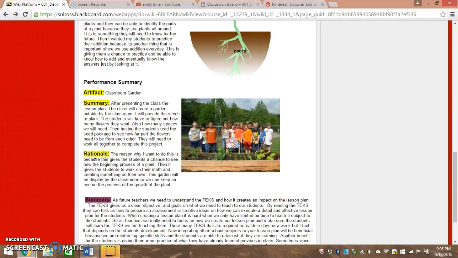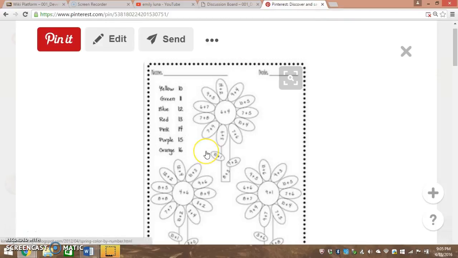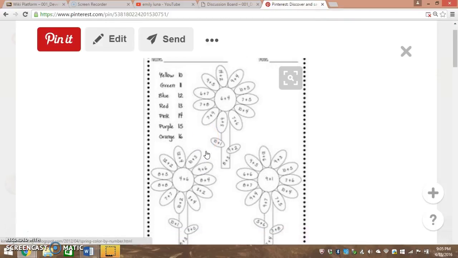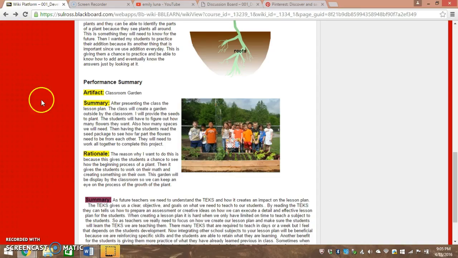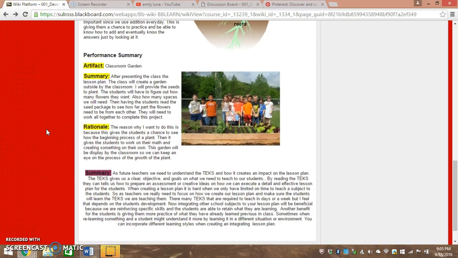And that just gives them a fun chance and a little breather after learning the lesson. This will just be like a reteaching thing for mathematics, and relaxing at the same time, because they do get to color after completing all the problems. So my performance